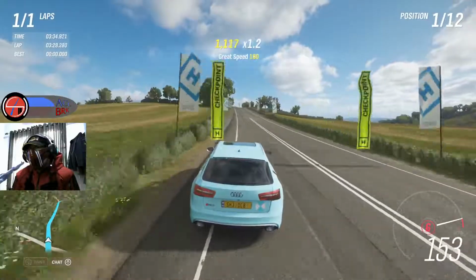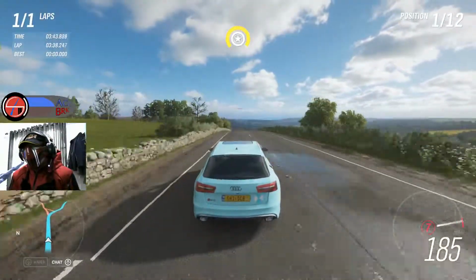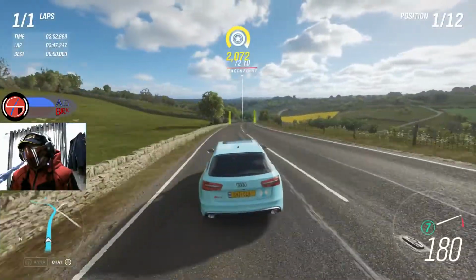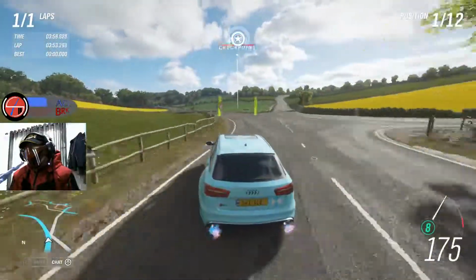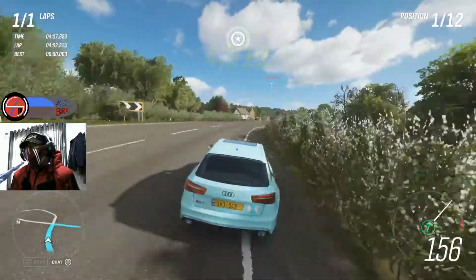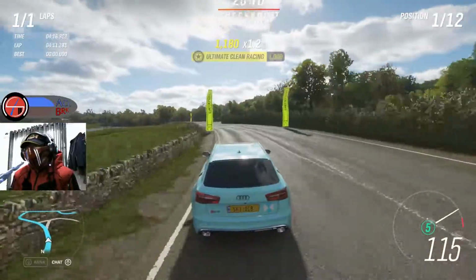But let's see if it can handle the high-speed corner well as well, because the understeer will be there, that's for sure. So I need to anticipate it as much as possible. So we'll be on 8th gear. Oh god, no, it understeers. Had to shift down there. Okay, that's just going to break the engine. I don't shift too much. I should just keep it on 4th, but then again, I want to...